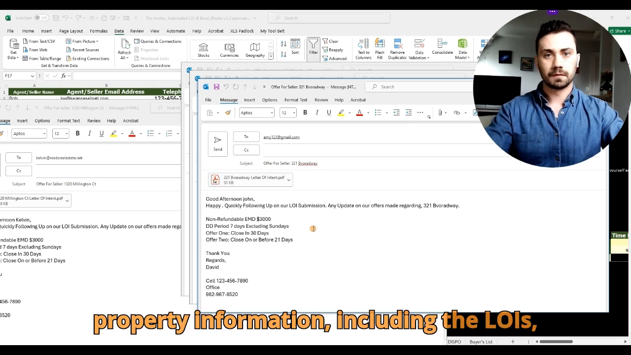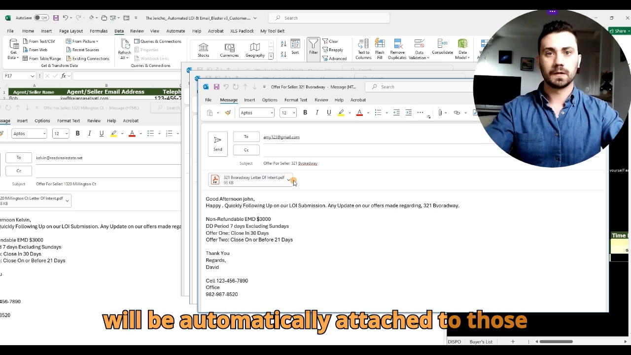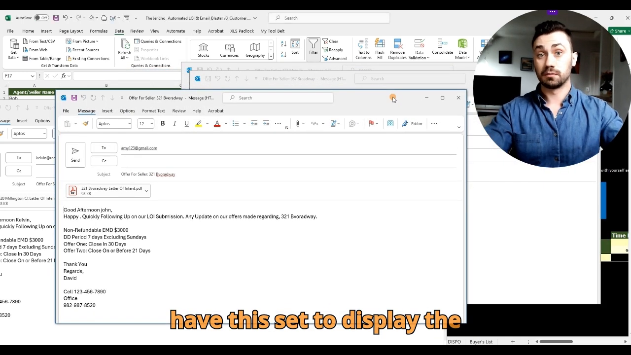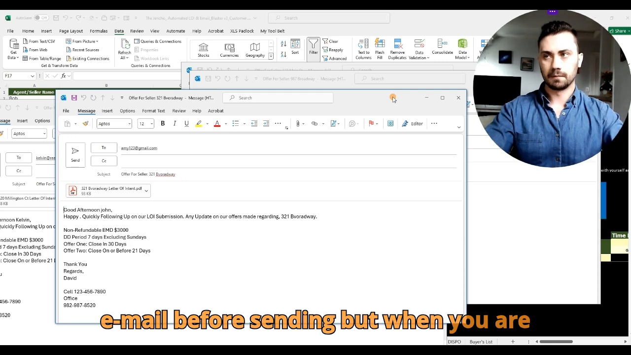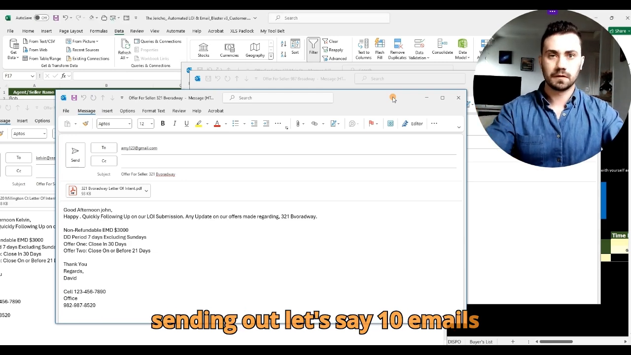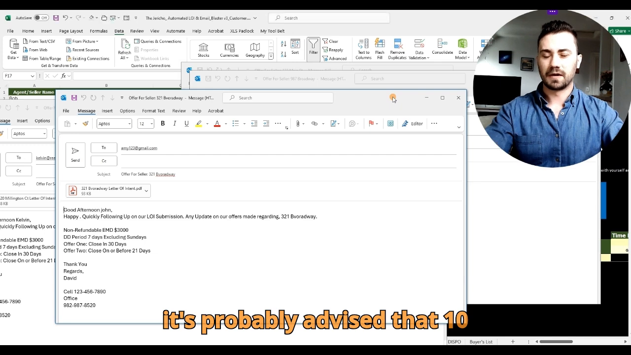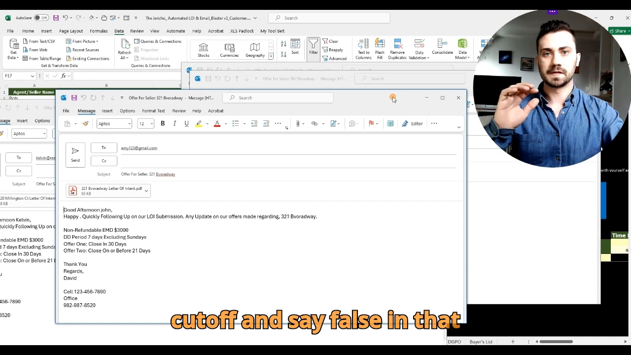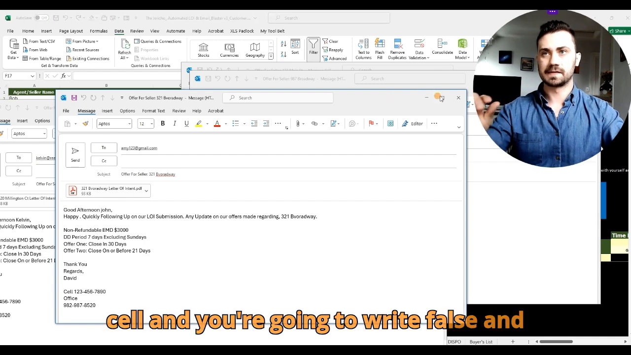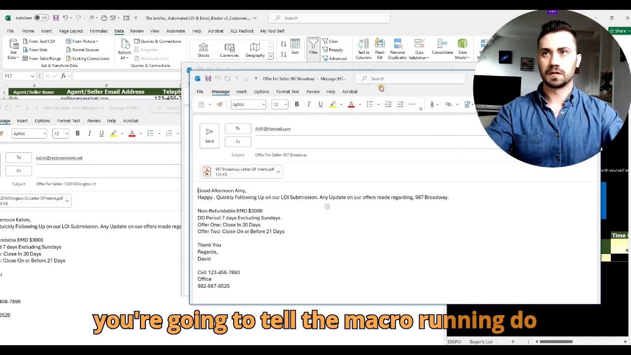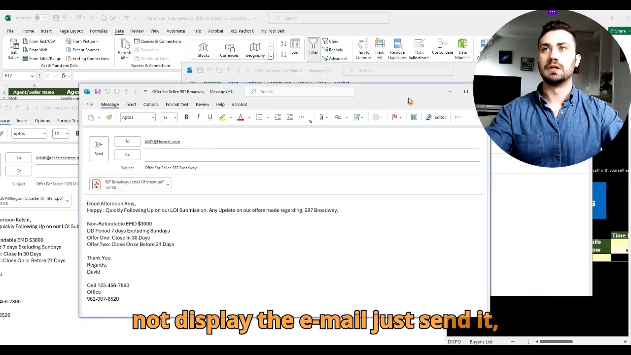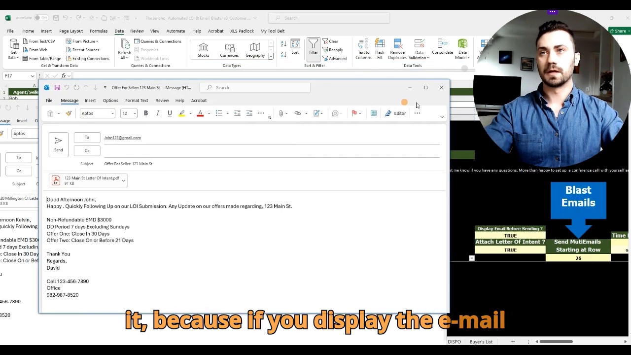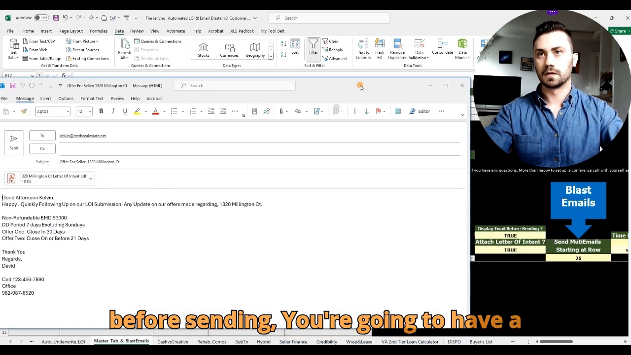All of the property information, including the LOIs, will be automatically attached to those emails. And for demonstration purposes, I have this set to display the email before sending. But when you are sending out, let's say 10 emails, that's where you really want to have a cutoff and say false in that cell. You're going to write false, and you're going to tell the macro running, do not display the email, just send it. Just send the email and don't display it,